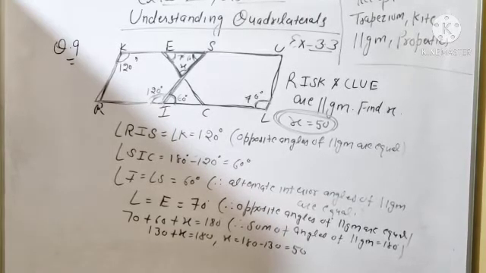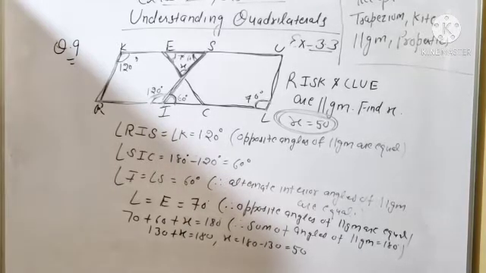Clear? So simply only a diagram is given, and in this diagram two parallelograms are given. First one is RISK and second one is CLUE. So you have to find out the unknown angle and it is given as x. In both parallelograms, two angles are given. So opposite angles first you will find out. After that you will find out the alternate interior angle. After that you can see ESO is a triangle. In this triangle, the sum of all the angles of a triangle will be equal to 180. So 70 plus 60 plus x is equal to 180. So 130 plus x is equal to 180. So x will be equal to 180 minus 130. So you will get the value x is equal to 50. Clear?